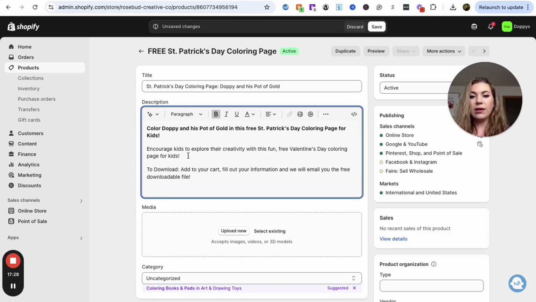Okay, and then this next line, you can put whatever you want for this, but another line should be similar to mine. Don't copy mine, but make it similar. So mine says, encourage kids to explore their creativity with this fun, free, change that to St. Patrick's Day coloring page for kids. And then I add instructions. So I say to download, add to your cart, fill out your information, and we will email you the free downloadable file. So that way it's very user-friendly and they know exactly what to do in order to get the